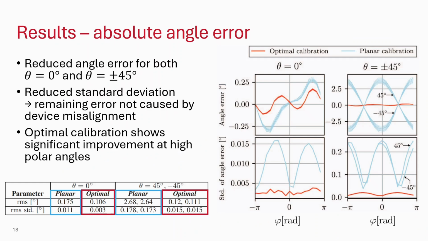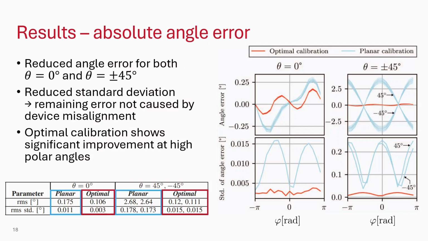Now here's a summary of the results. I would like to first point out the upper left plot, which shows the angle error as a function of the azimuthal angle for both the optimal and planar calibration, so the new method and the old method. And it turns out, so there are 15 lines each for the blue and the red ones because of 15 misalignments. It turns out the optimal calibration performs slightly better. However, if you look at the standard deviation of those 15 lines, it turns out that there's almost nothing left for the new method,